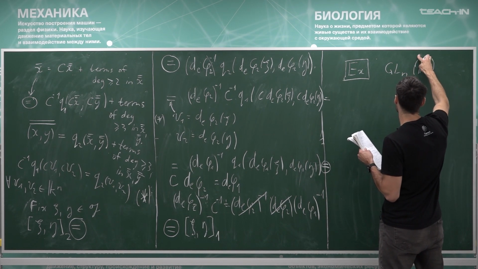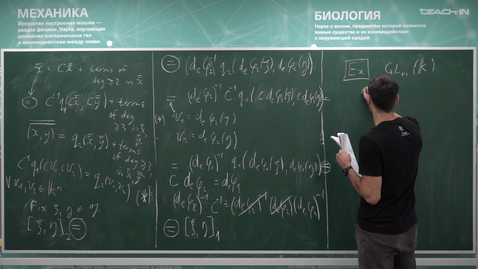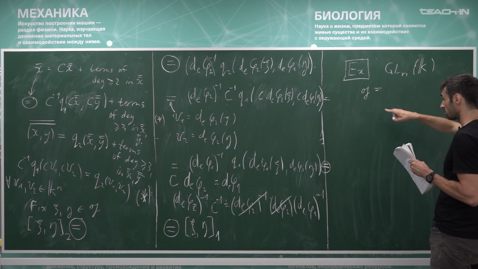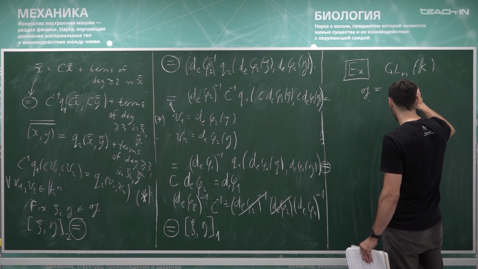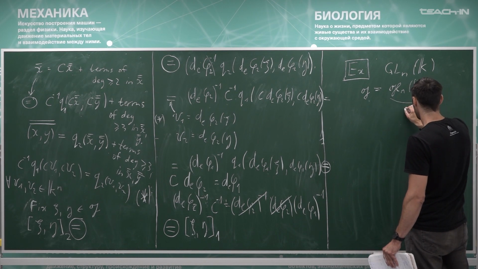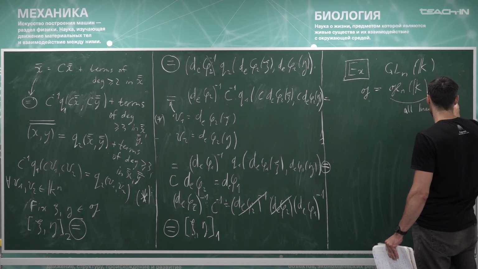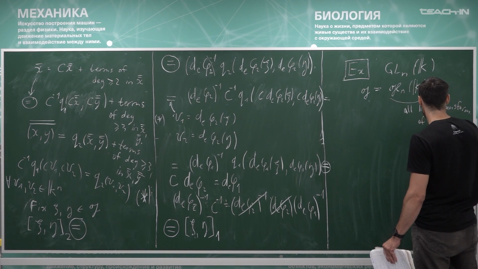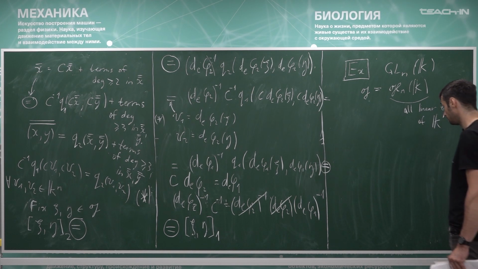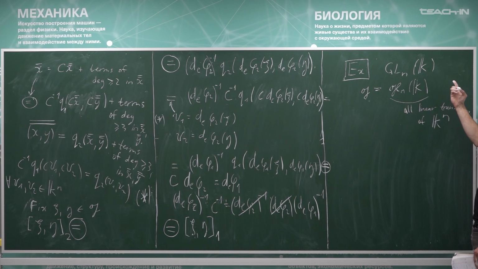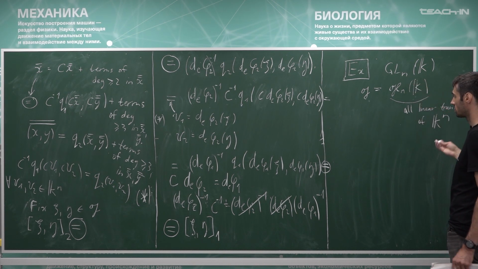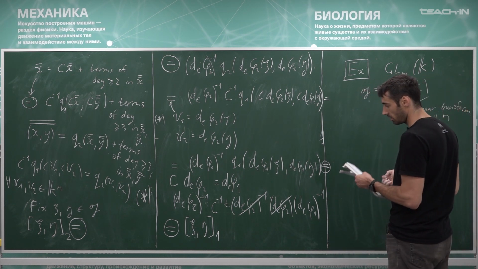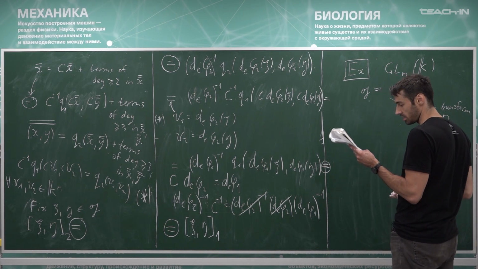whether K is R or C doesn't really matter. So my tangent space at identity, as a subspace, is just all linear transformations of Kn. You can think of it as all n by n matrices. Doesn't really matter if it's invertible or not. And this one is now a much easier structure to think about than this one because it's a linear space. And on this linear space, we have a bracket, which is pretty abstract right now,